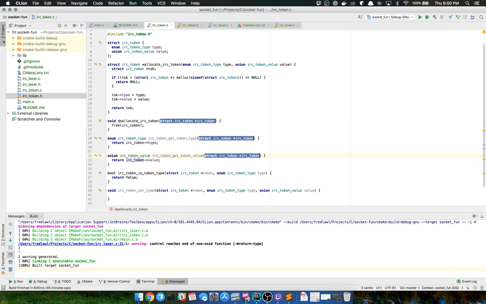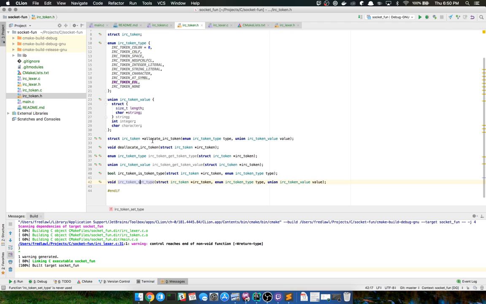Pardon me while I do some refactoring real quick. Gosh, I didn't realize how many times I named it that. Keep it simple, right?